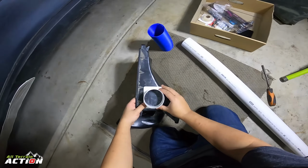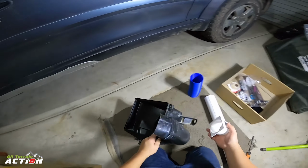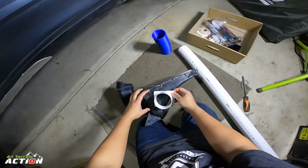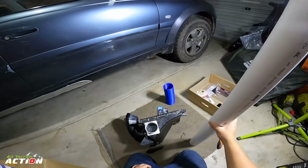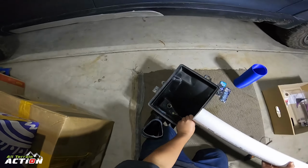And I haven't worked out if I'm going to go that way. Hang on, which way is this? Yeah, so it's this side. So I haven't worked out yet which way I'm going to go. If I'm going to try and bolt this on here, or bolt this on here, I'll cut this to length. Now I don't know what the lengths will be, but it's basically got to come out a little bit,